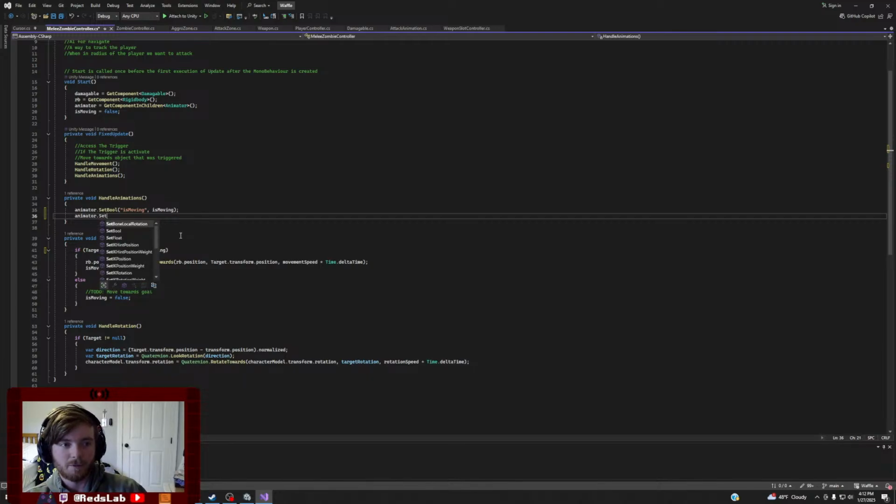So now we're going to set the Boolean here. Is attacking is equal to